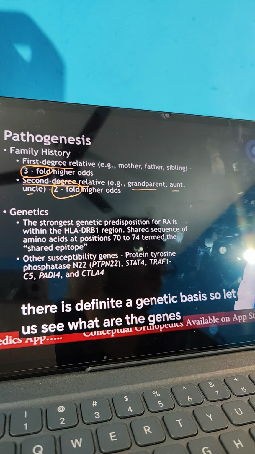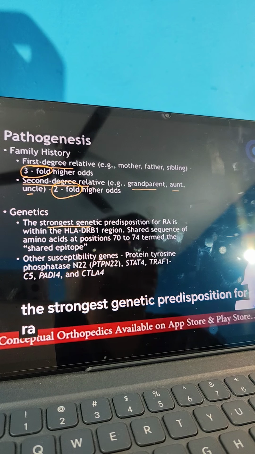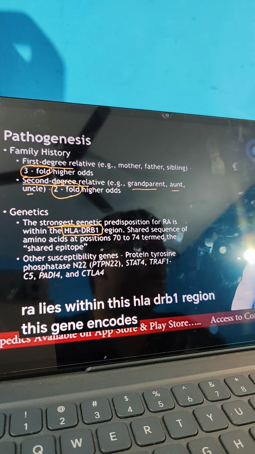So let us see what genes are involved here. The strongest genetic predisposition for RA lies within this HLA-DRB1 region. This gene encodes for